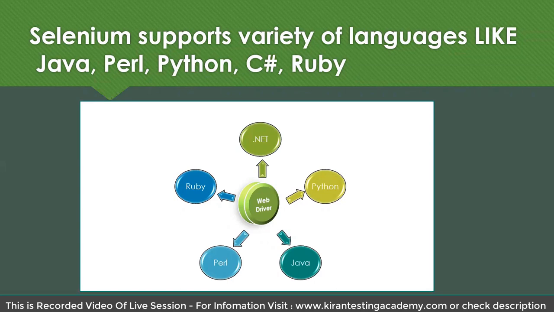I'm good at Java, I go and write a Selenium script. One of my colleagues is good at C#, .NET, he will write his code. You are good at Python, you can go ahead and write your code. It means it is giving multiple options. It is not forcing us to learn a particular language, right? So all famous, well-known languages it supports. Obviously, anyone from an IT background may have an idea on any of these languages and can start using automation like this. So it supports multiple languages.